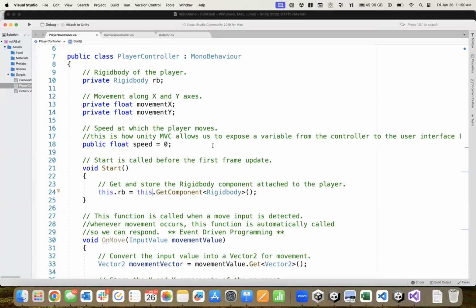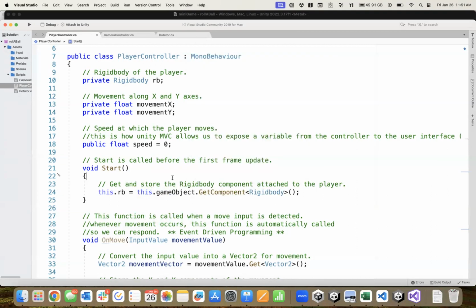So this is allowed, but I would maybe discourage it just because I like to be more explicit. Similarly, you didn't even need to use this, okay? Since we are inside of a non-static method, that is, start doesn't have the keyword static in front of it, it's owned by instances of the player controller class. So that means inside of this function, this dot is assumed to be there wherever you haven't put it, because we are in an instance-based context or a non-static context. Okay. But again, I like to spell it out. So I would say this dot